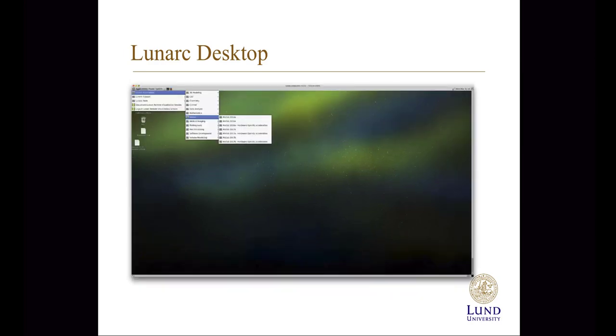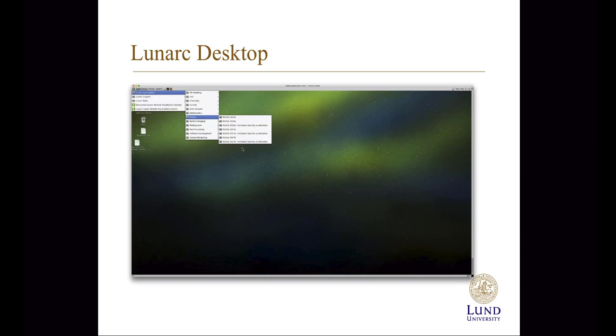The third way to start MATLAB on the Lunarc desktop is using the menu system. So you click on this applications menu, Lunarc applications, go down to MATLAB, and you get this list of MATLAB installations. Now, you notice that they are repeated. Well, not the 2014A, but 2016A, 2016A, hardware OpenGL acceleration, same for 2017A, 2017B. That hardware OpenGL acceleration was true until 5 days ago. Now it's called